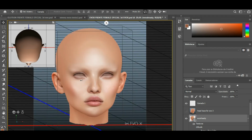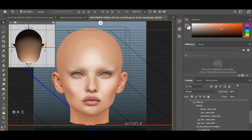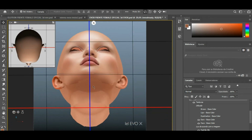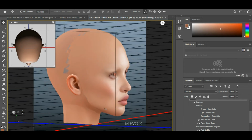Okay, I have already painted stuff here. Actually, I have corrected a lot of stuff here, to see how many. It's not that many because, as I said to you guys before, this was already almost done. Okay, so this is the baked version of what I've shown you here, basically. Okay, you see here you have the neck to fix, here the sides, the ears we'll be doing separately if you want. Again, guys, I'm showing you